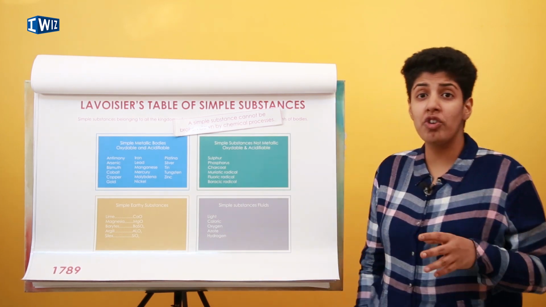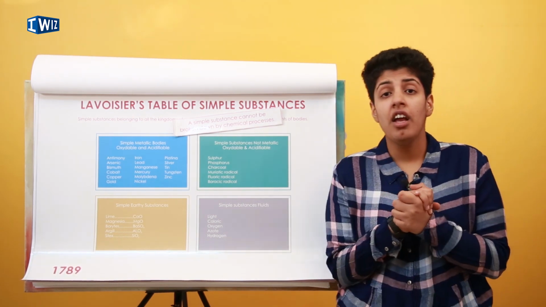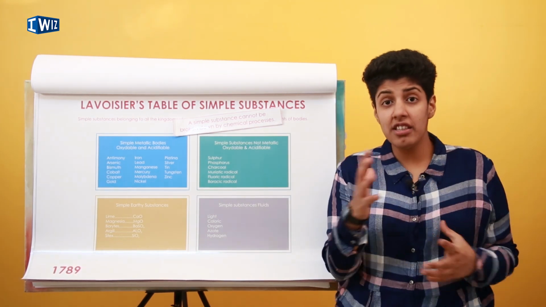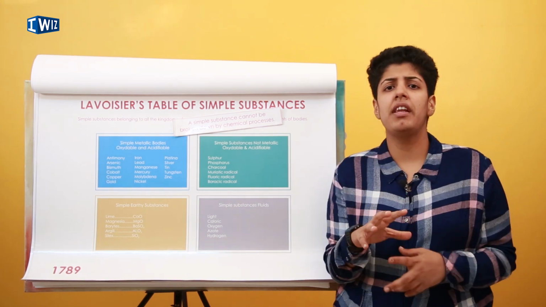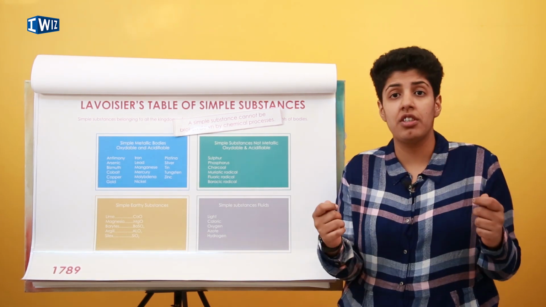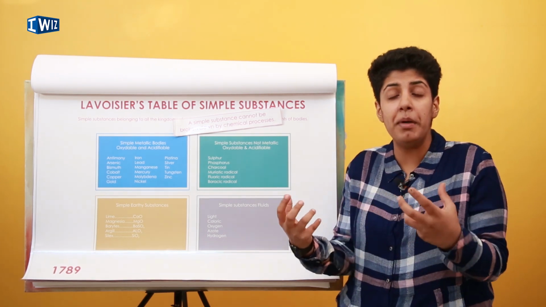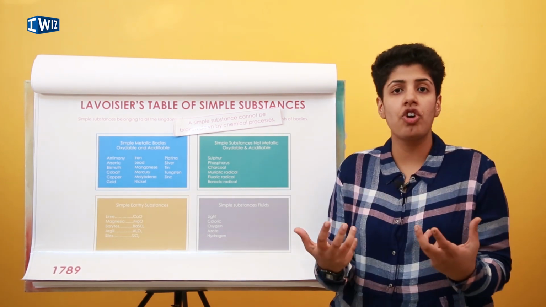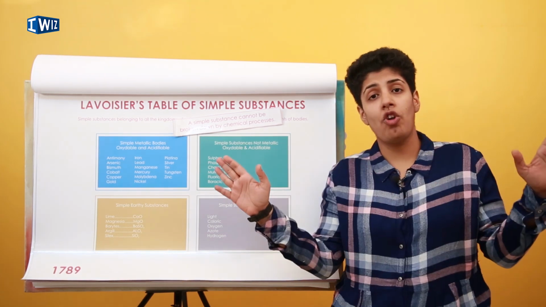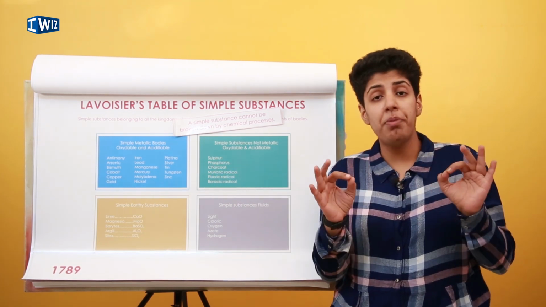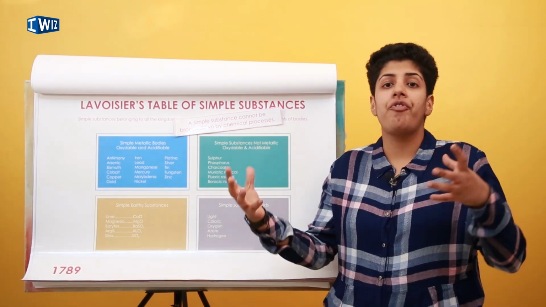Now let me tell you what's so great about what Lavoisier did. A lot of scientists believed that there was phlogiston. Now that is something that each material, each thing that burned had in it. It was an intrinsic quality. He said, no, that's not true. Things burn because they're in an atmosphere of oxygen.